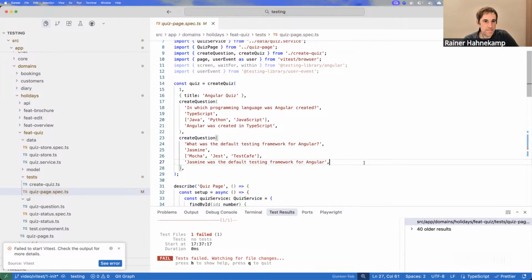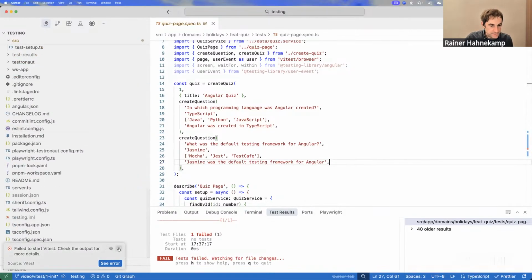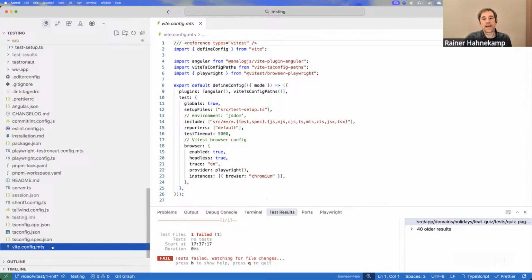Good. So what I have done now is that I have really replaced my complete configuration with analog. I didn't want to do this manually because there are several steps included, but we can quickly go through it. So it's the same test that we had before, but now we all of a sudden have here a,